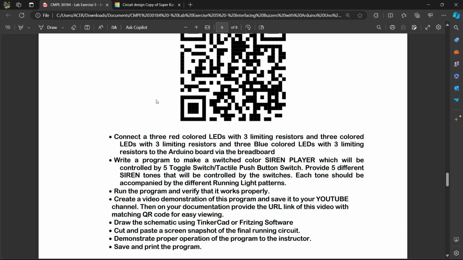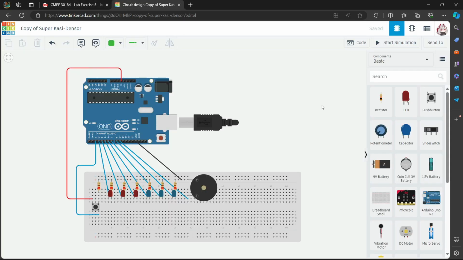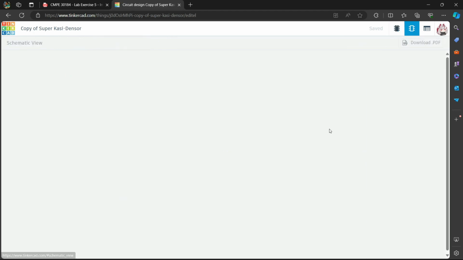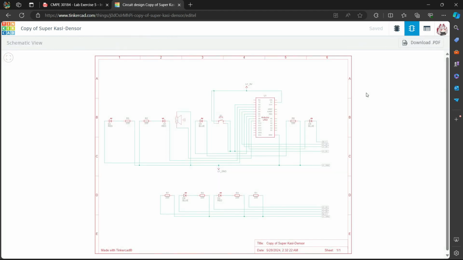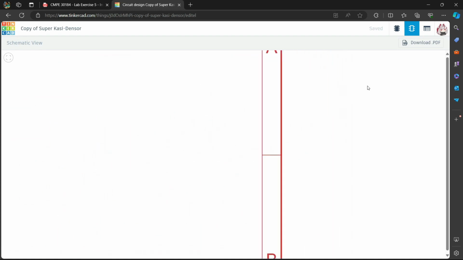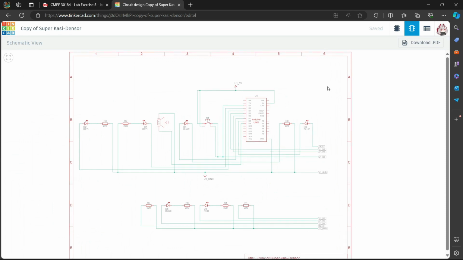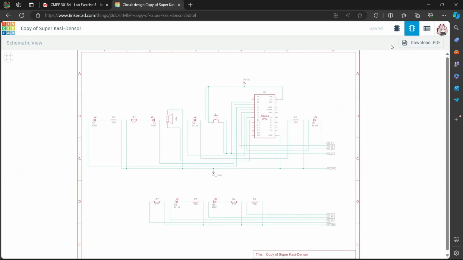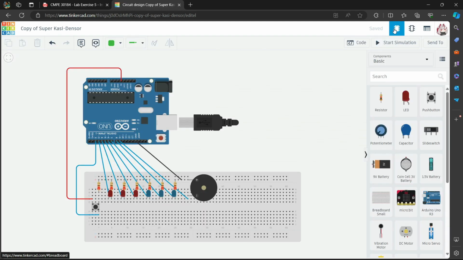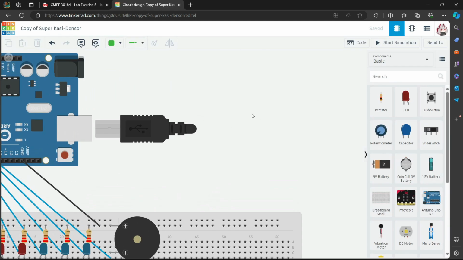So, for the schematic diagram, we use Tinkercad. So here's the circuit diagram, and this is the schematic diagram. So now, let's go and analyze the circuit diagram.